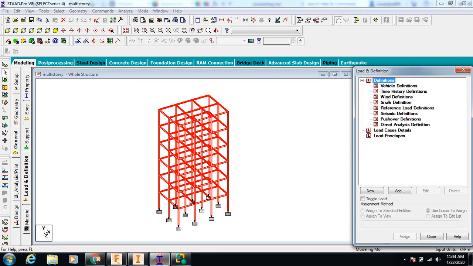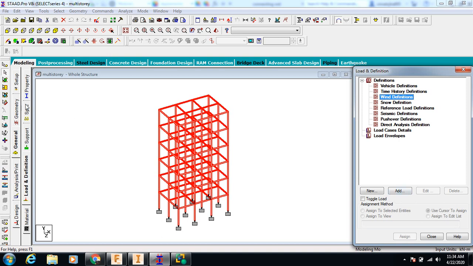We have many options for calculating the wind loads, but today we will calculate it as per the American standard, and in our next tutorial I will definitely go with the IS 875 code. So in wind definition we will click here.